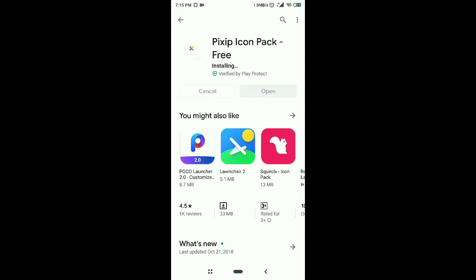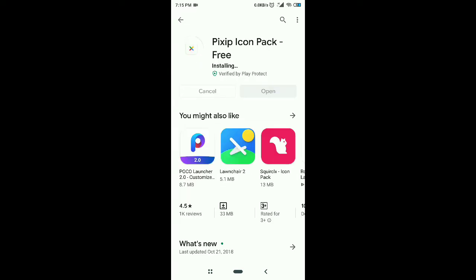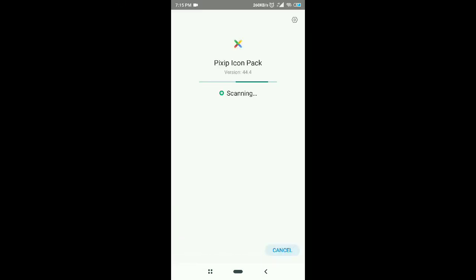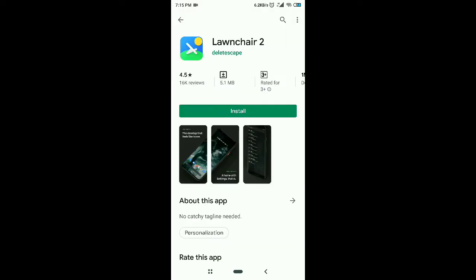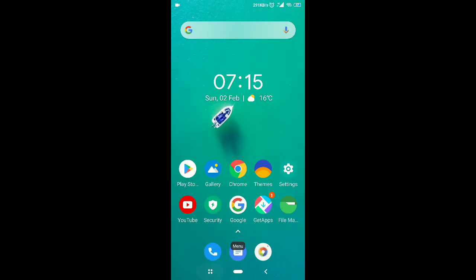So it's now installing, and you can see my old notification panel. So this is the launcher, and just simply get it installed. Go home. You can also apply this launcher. Go to the search bar,